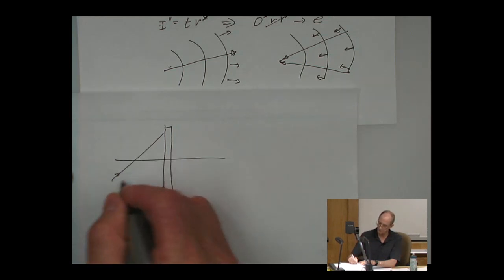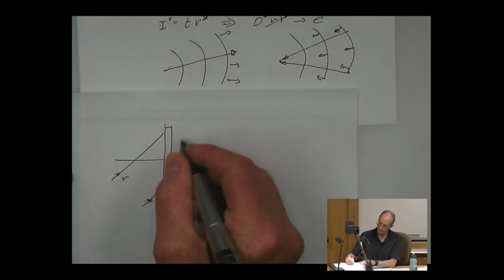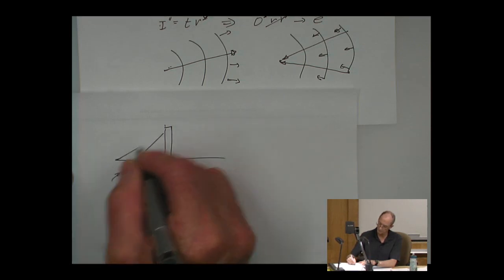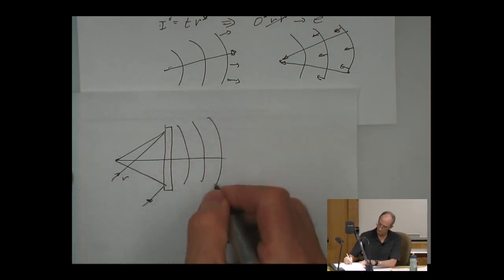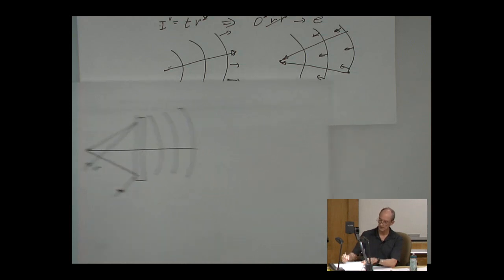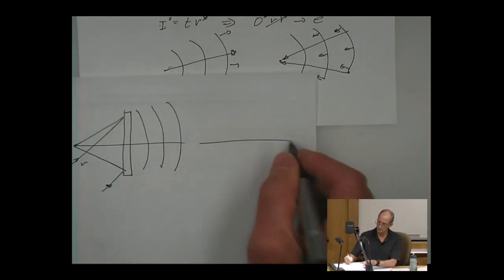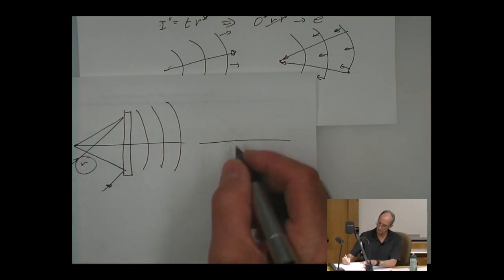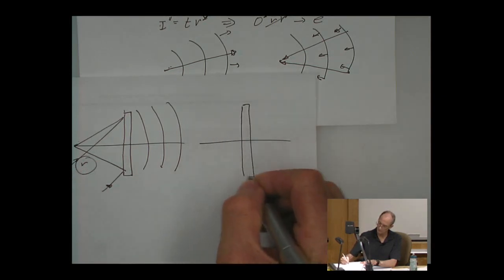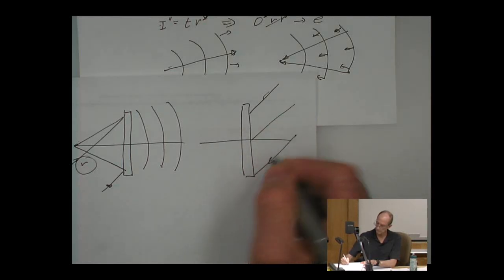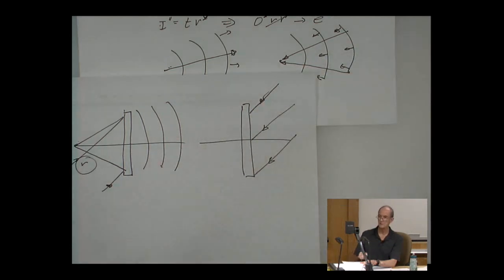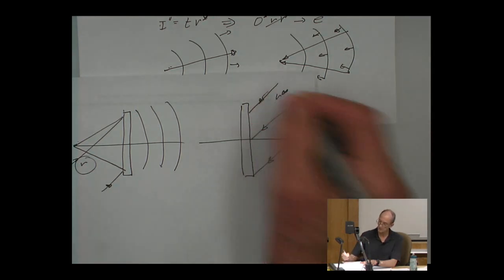So this is our R, and that object field would be the field that we would reconstruct. If instead we reconstruct with the conjugate, which for this plane wave is just a plane wave reversed in direction, propagating back towards the source at negative infinity, so this is our R star in that case,